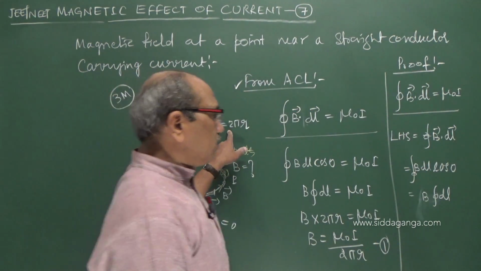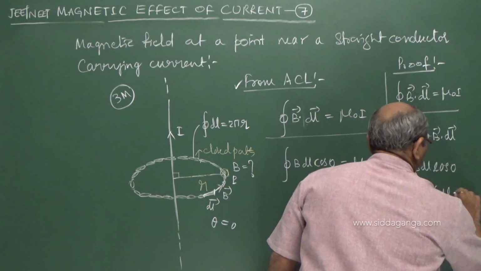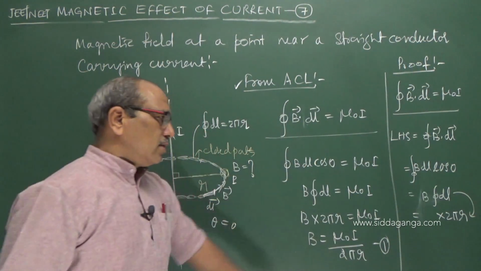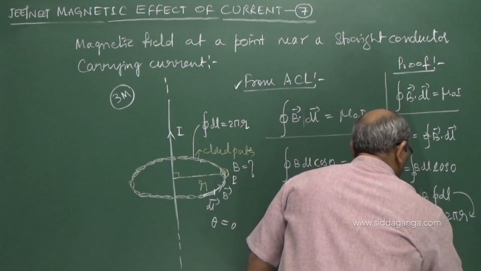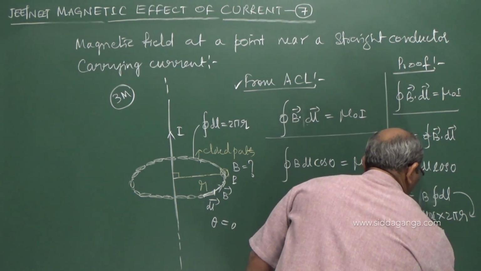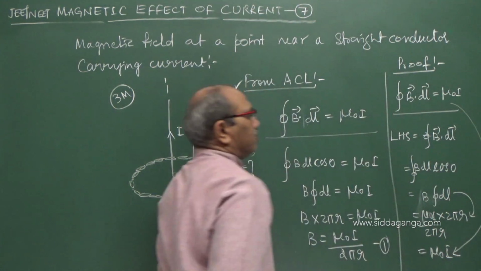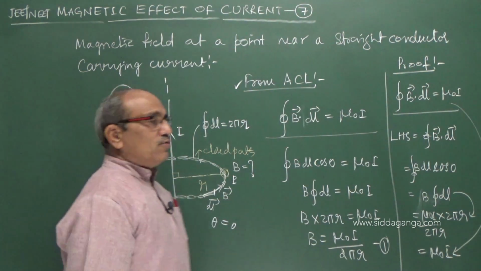The line integral of dl is 2 pi r. I write 2 pi r for this. What is B here? Write mu naught I by 2 pi r. What remains is mu naught I. That is nothing but the right hand part. So we verified the